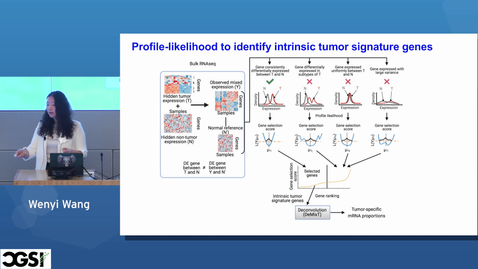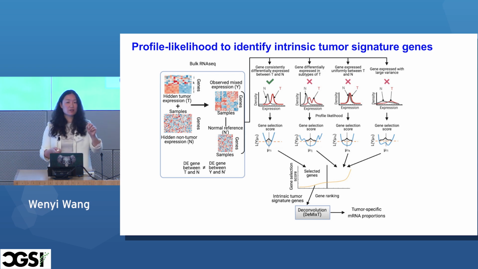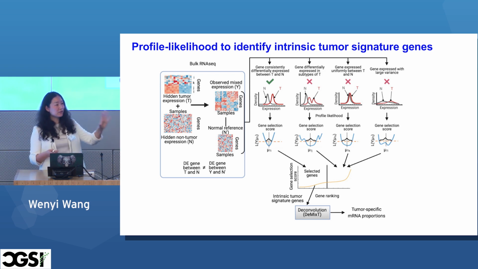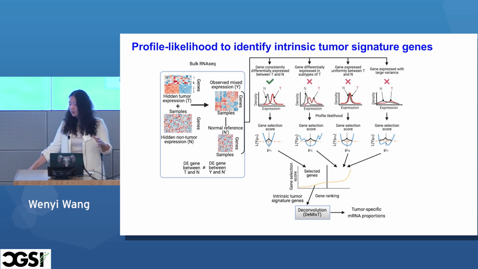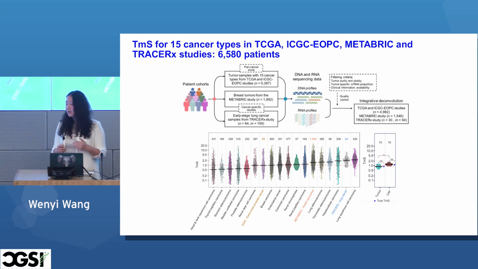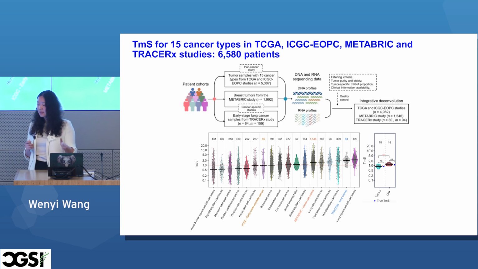So we introduce a profile likelihood approach, because N and T are not observed, neither is observed, but profile likelihood allows us to identify genes that are most likely to follow the underlying distribution the best. So the smaller the gene selection score, the more likely the gene is to follow this desired underlying distribution. With TCGA data, for each cancer type, we ended up selecting the top 1,500 to 2,000 genes with the smallest gene selection scores. So with all of this effort, we then calculated TMS for 6,580 patients in the TCGA, ICGC,